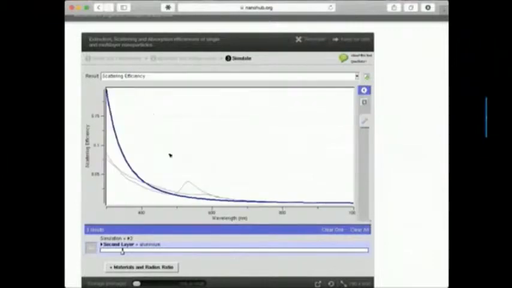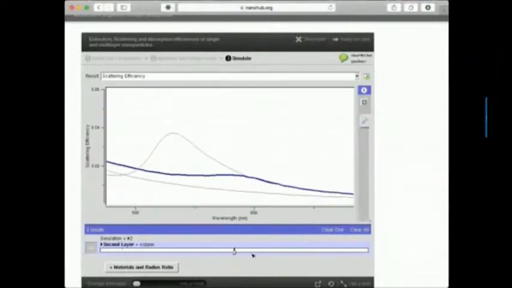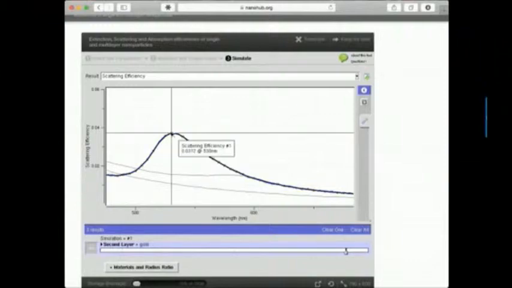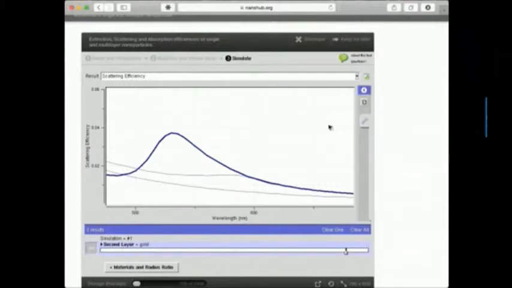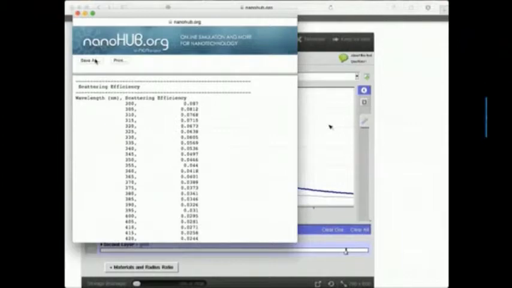I can look at absorption or scattering, I can zoom in on the plots, I can mouse over values, find an interesting peak, what's the wavelength of that. And then I can also download all of that stuff to my desktop. So when I click download, it'll download all the data that I generated from those simulations, and I can save it, put it in my own spreadsheets and plot it. And that's exactly what this guy did. In fact, he ended up writing a paper about this, about the results on nanoHUB and his experimental results.